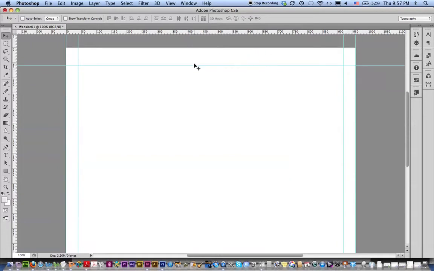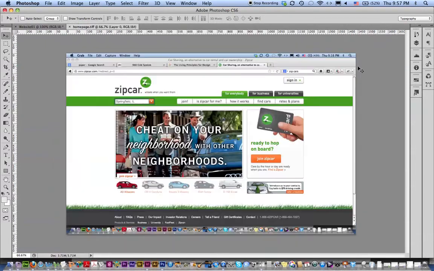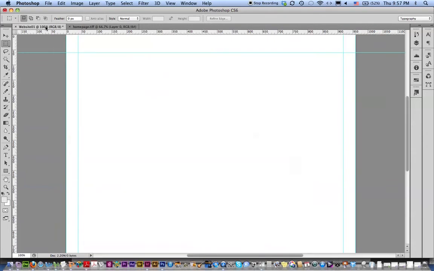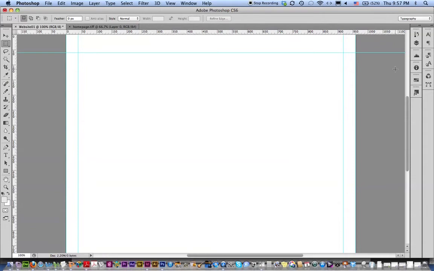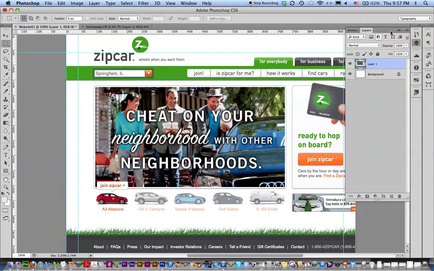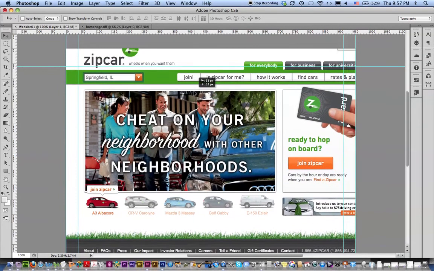Now just for argument's sake, I'm going to import a file that I have here. It's the home page for Zipcars. I've copied this off the web. I'm essentially going to create a file to show you guys how to set up your Photoshop files just using this website. In my layers, I have right now this background. If I place the Zipcar file in here, you'll see that this particular website is about a 9